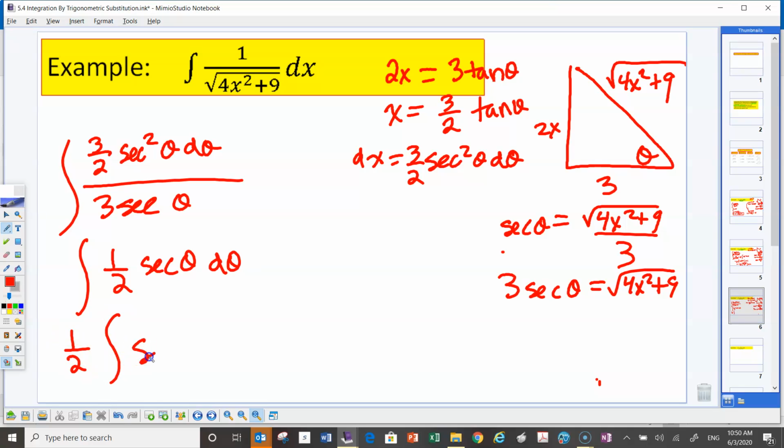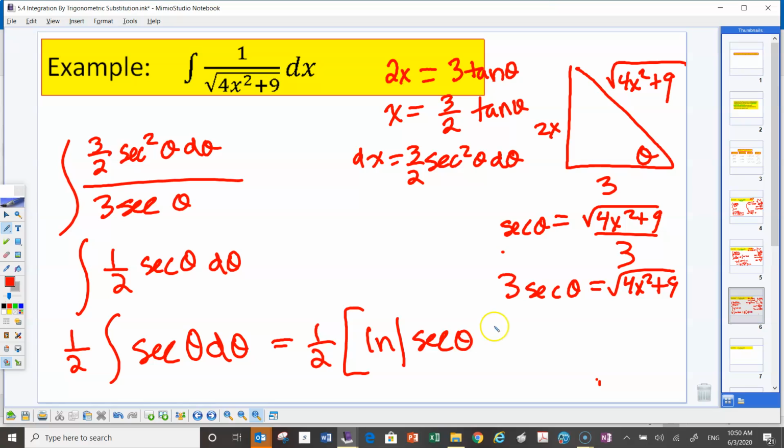So 1/2 is a constant. Now, if you look back at last lesson, we gave you the integral of secant theta, and the integral of secant theta is ln, the absolute value of secant theta plus tan theta